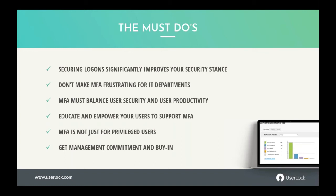So again, MFA is not just for privileged users, as we talked about in the beginning. It's an easy place to start with MFA. Often people want to start with their domain admins, and that is a good place to start because they're a little bit more in tune with IT and security, and so they can really test out the MFA thoroughly before deploying to everyone. But it is important also to realize the other users who will need MFA and do have